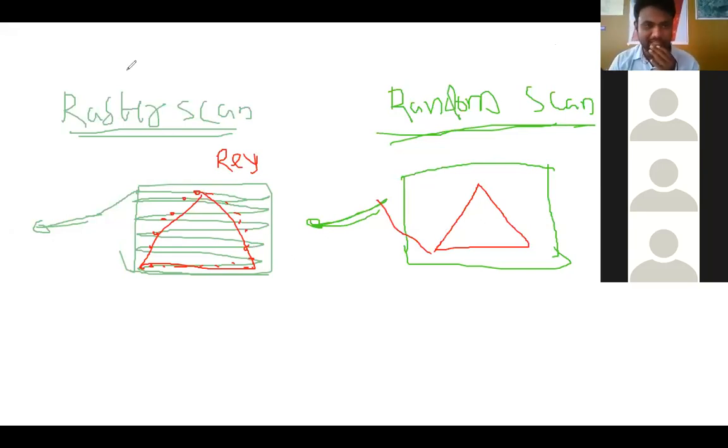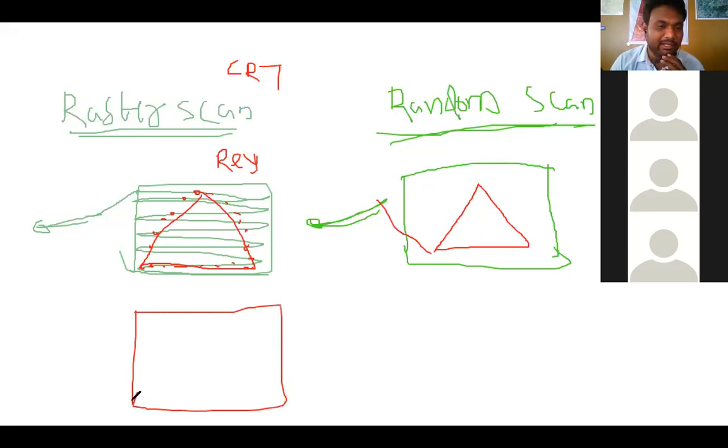Sure. Okay. So see here, we have two different types of display principles in the CRT monitor. The first one is raster scan display, and the second one is random scan display. In the raster scan display, if the CRT monitor wants to display a triangle shape, the triangle geometry, how is it going to be followed? The first beam will start